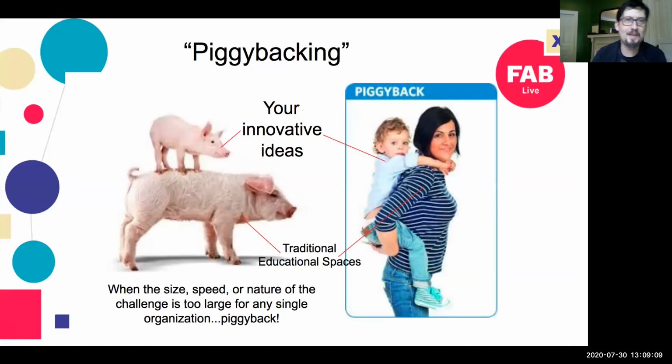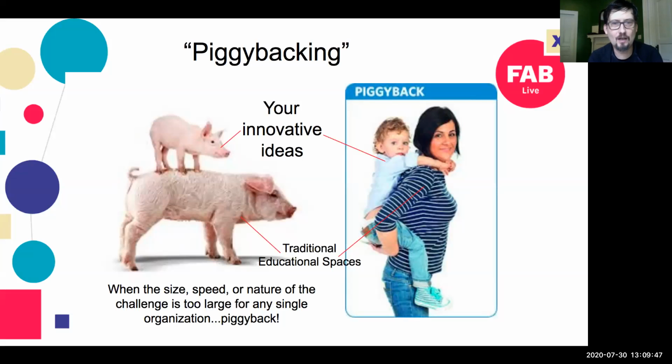Okay, so piggybacking. This is kind of a silly metaphor, but it actually has more substance than you would think. Here in the United States, this is piggybacking on the right, where a child and a parent need to get somewhere quicker, and the parent says, "Jump on my back," and off they go. That is piggybacking. What's on the left is piggybacking where my family is from, in the rural community. A pig jumps on the back of an older pig.